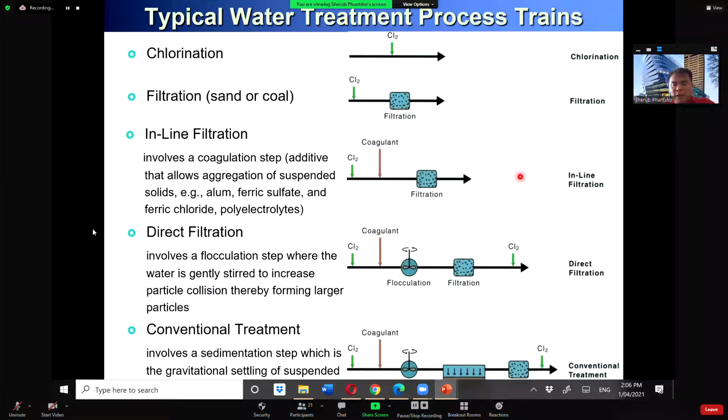But conventional treatment is what I have shown you earlier. Most surface water treatment is associated with this, especially if they have highly turbid water as the surface water. In some countries, the water is quite brownish because they have a lot of silt in it and a lot of suspended particles. In this case, this kind of conventional treatment is a must. Like you add a coagulant, you have rapid mixing, then you have